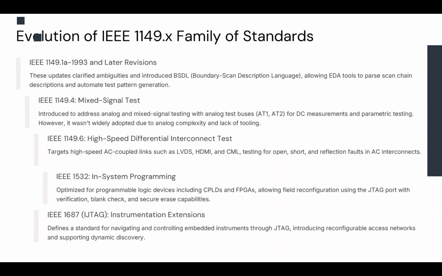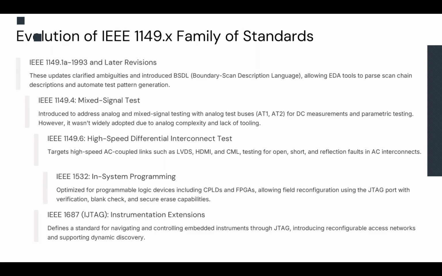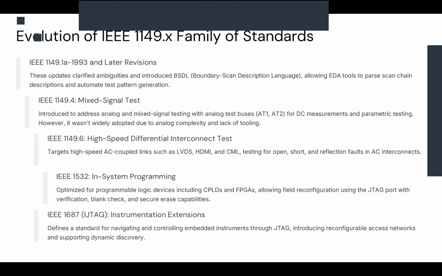And the standards basically support the full programming flow, including erase, write, verify, and security features like authentication. This standard, IEEE 1532, is very crucial for file upgrades and remote maintenance, especially when the systems cannot be physically accessed. Okay, so we also have IEEE 1687, which is IJTAG,